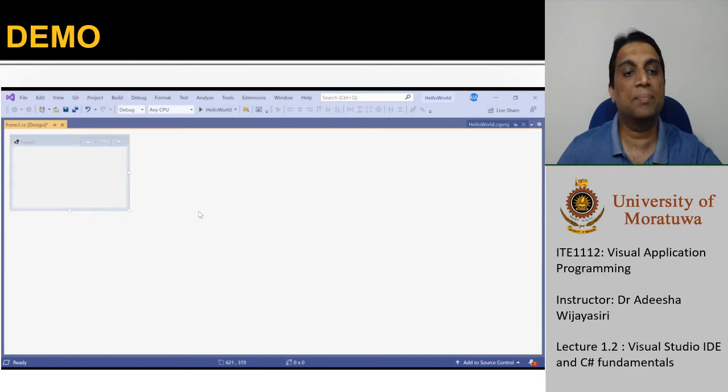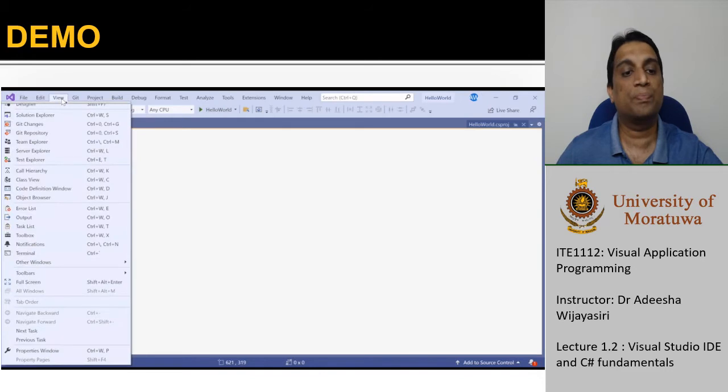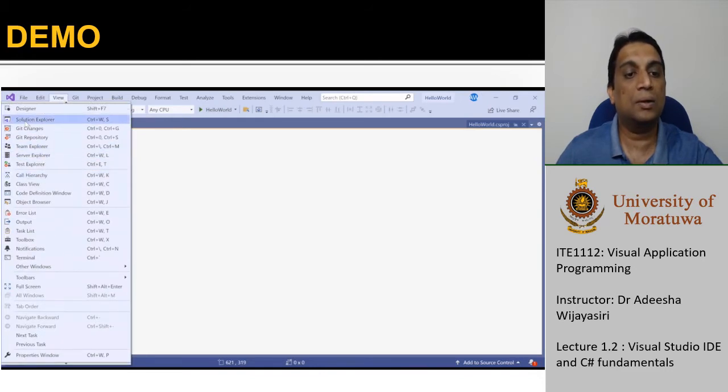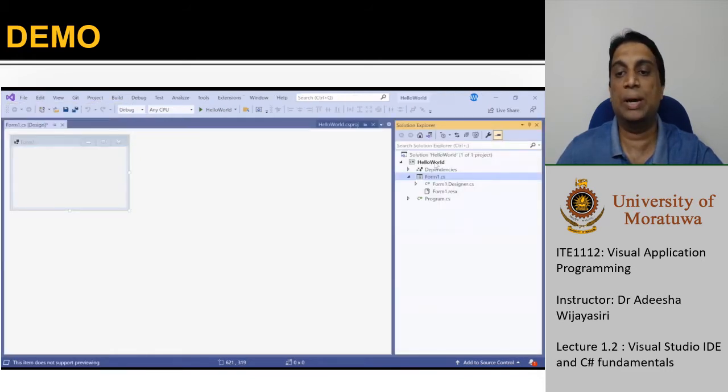Since we selected Windows Form app as our project type, you will see our application with a form in it. Also, we have a menu bar where we can go to View and click on Solution Explorer to get the Solution Explorer window. So here you can see all the files that we have in our application.